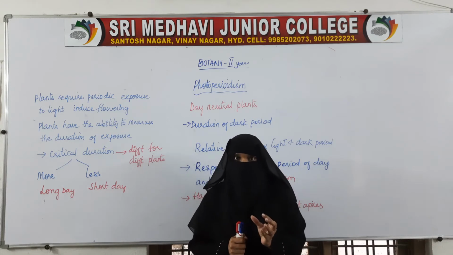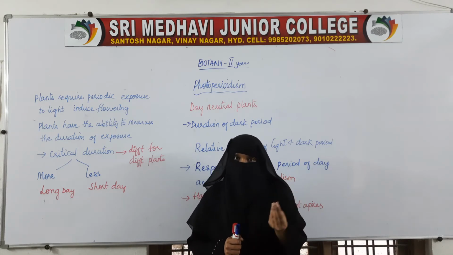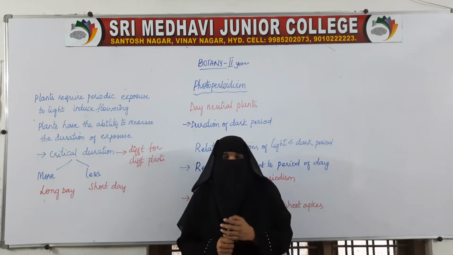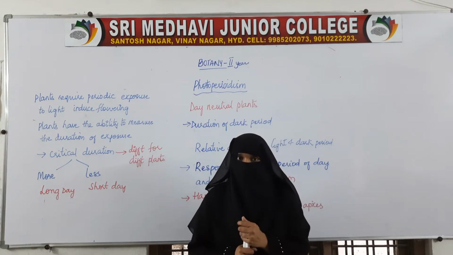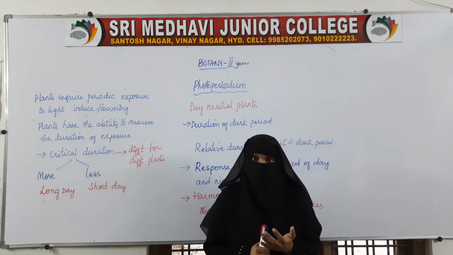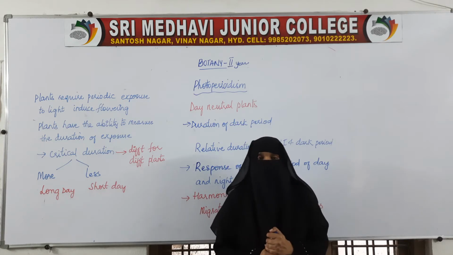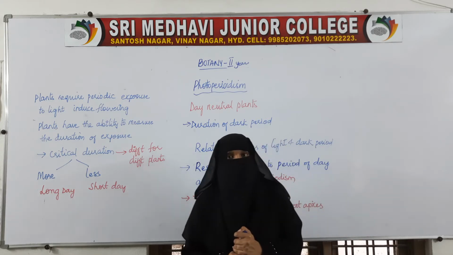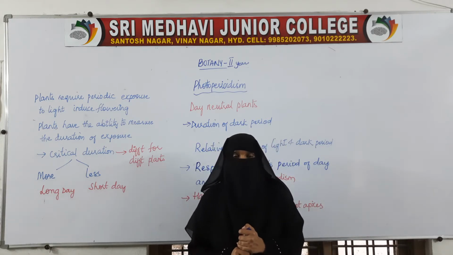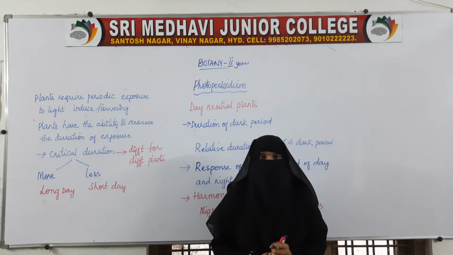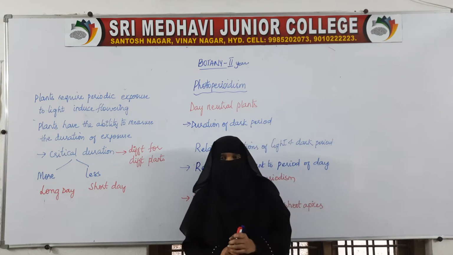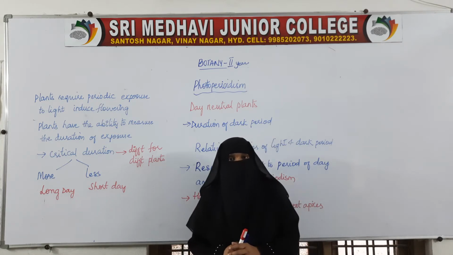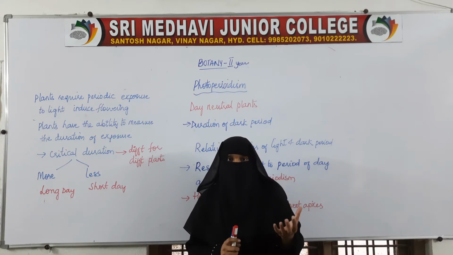Sometimes one single hormone plays an important role, sometimes both of them work together. So it depends on the different phases. We have seen that depending on the functions, the growth regulators are 2 types, growth promoting as well as growth inhibiting. Auxins, cytokinins and gibberellins were growth promoting regulators, and abscisic acid and ethylene are growth inhibiting regulators. And we have also seen what is seed dormancy, that is a condition in which the seed will